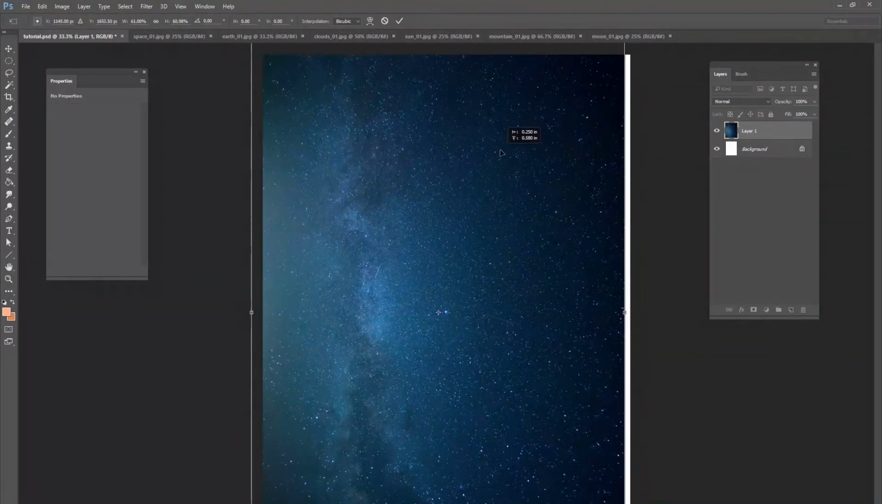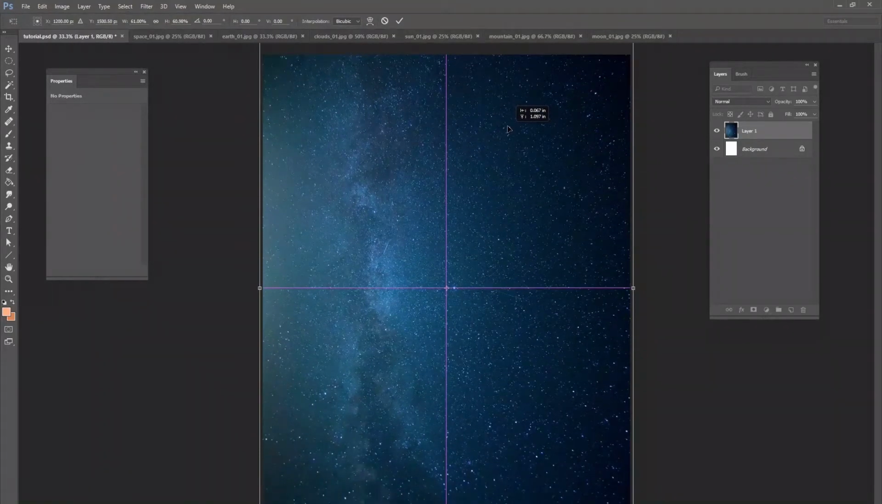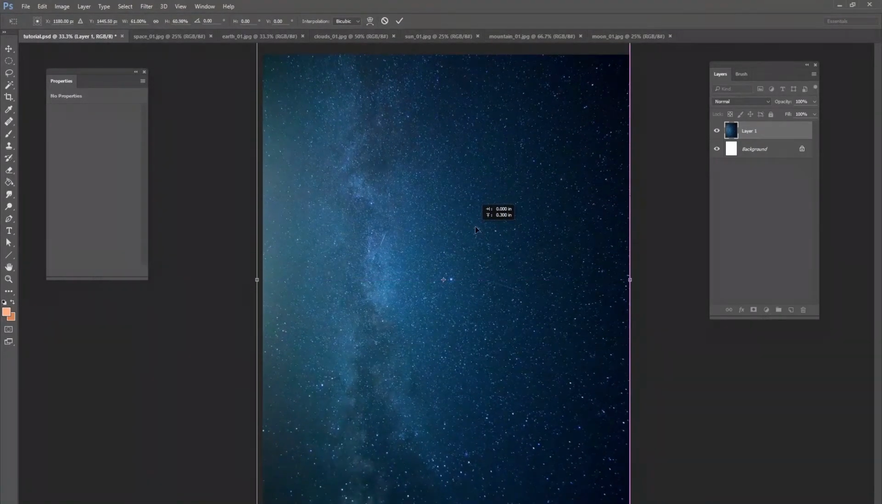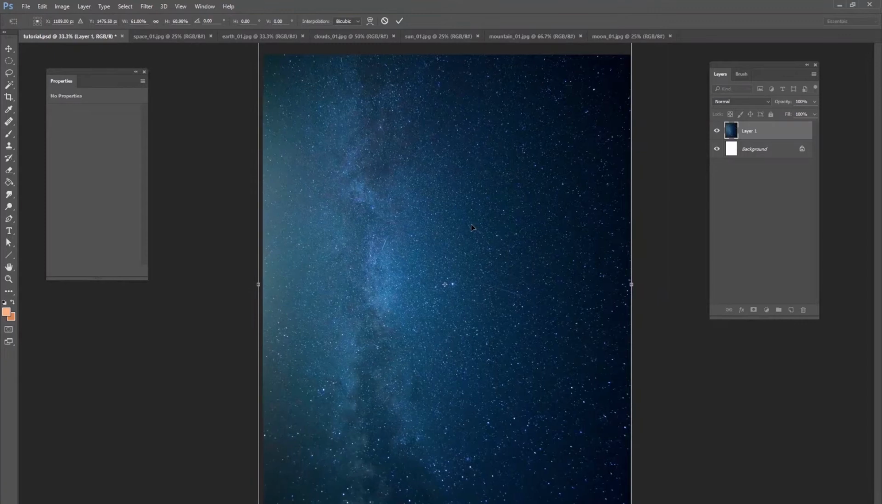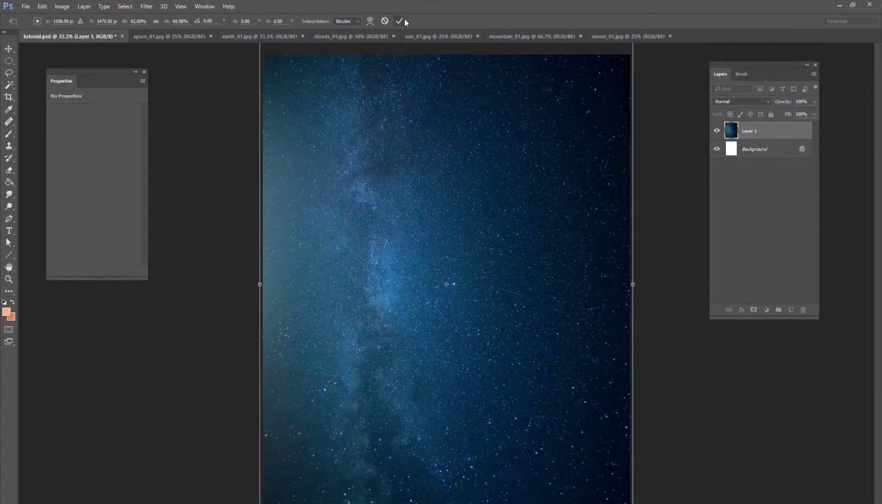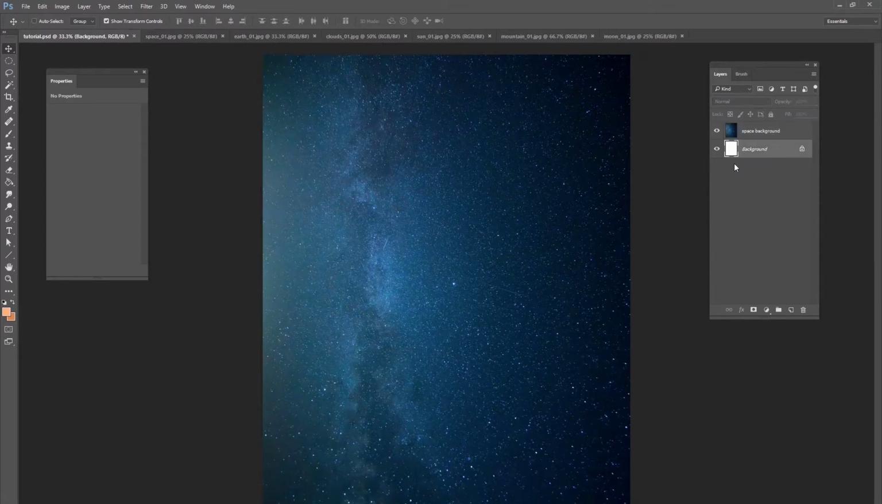We do have a little bit of wiggle room here, so we can slide it to where we want it to go. But something like that is fine. We can always change the background later if we want to. So this is going to be our space background. All right, and so the next thing we want to do is start compiling elements